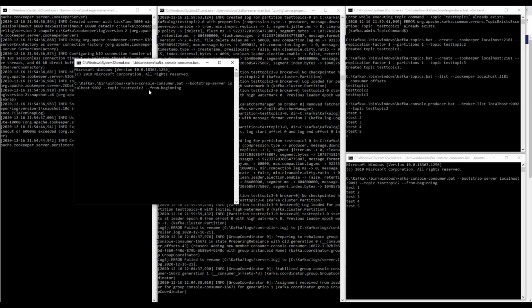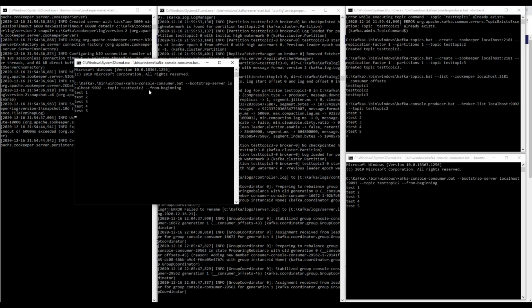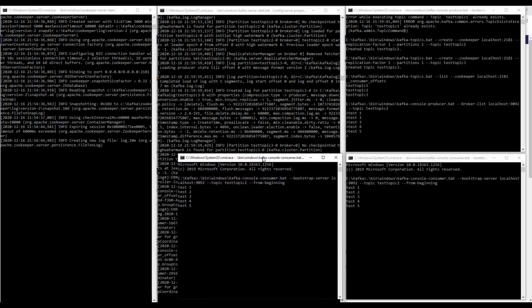And let's see what's going on. Wow. So as you can see, this is proving that whatever consumer you have, all of them are going to consume your data from the same